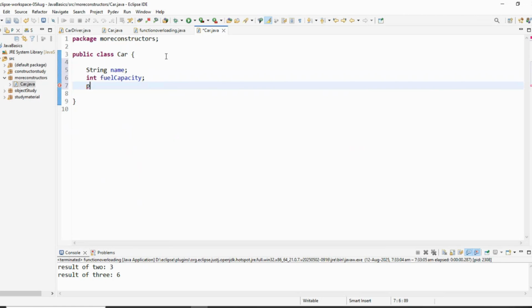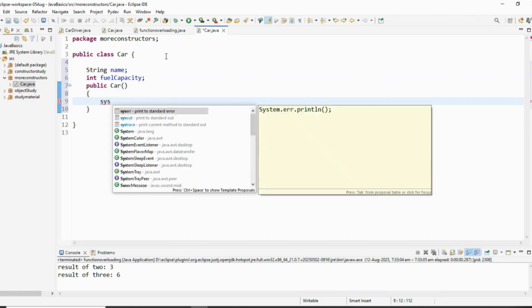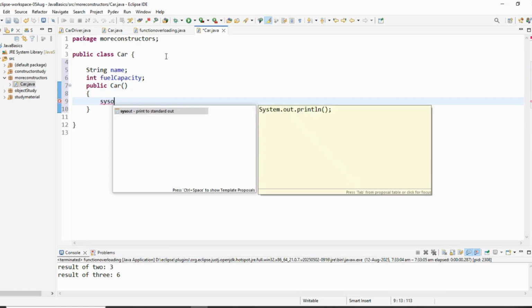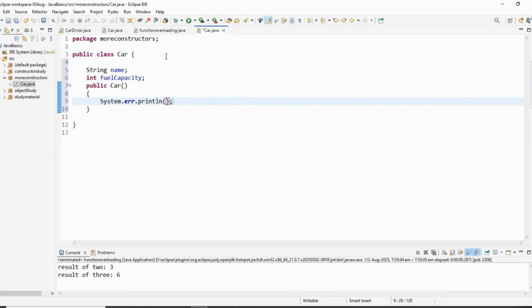Say public car. There is no static, there is no void, there is no main, there is no return type, nothing there for the constructor. And I just write a simple print statement that says in car constructor. This is a default constructor. I have already told you